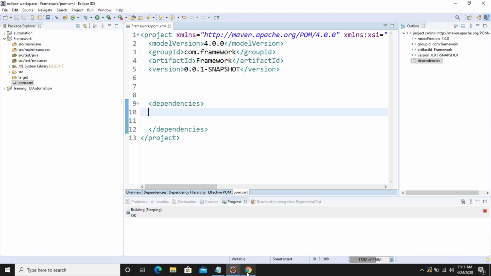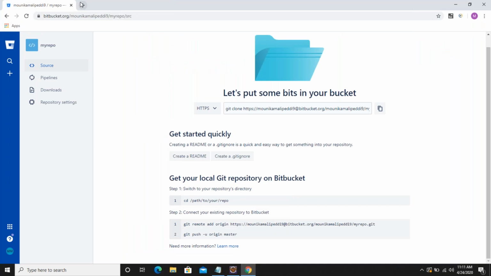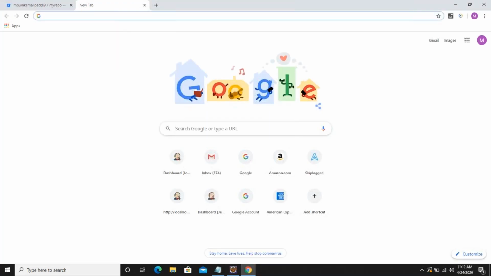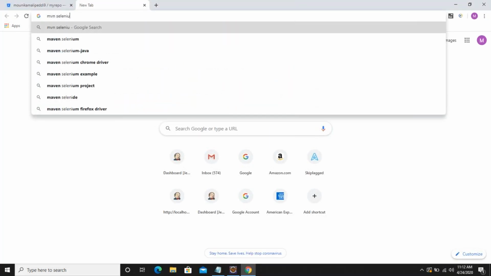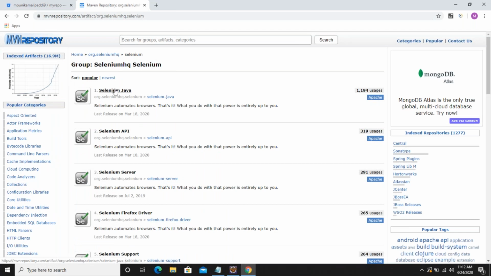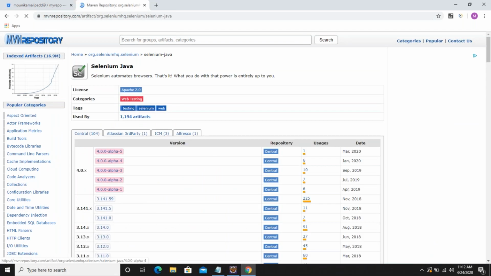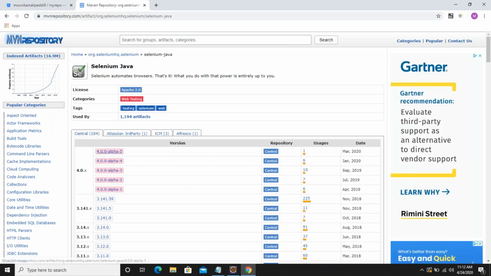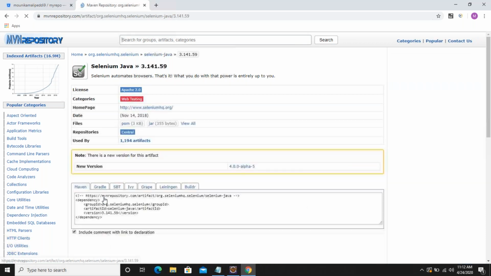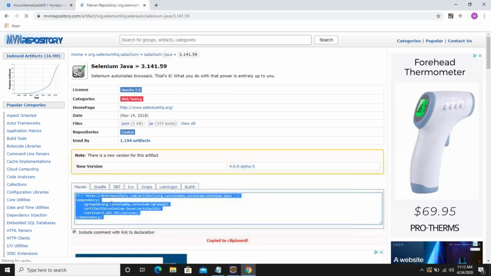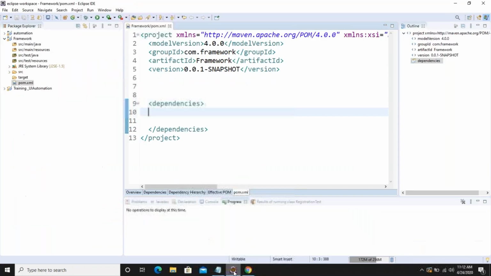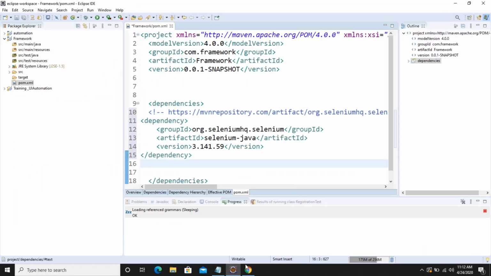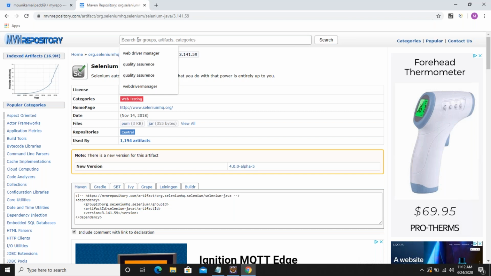So we can go to the browser and type mvn selenium repo. Go to selenium java. You can take alpha 5 also, it's up to you, but I would like to take the stable version. Likewise, I would like to take testng also in order to write a sample script.